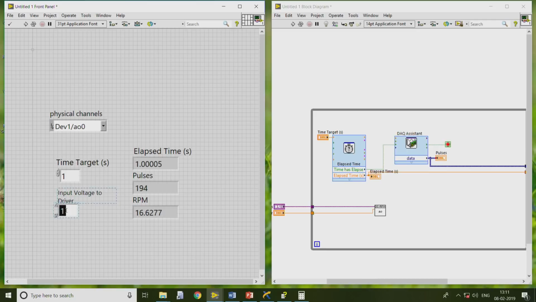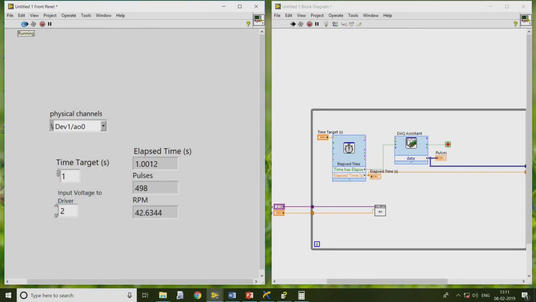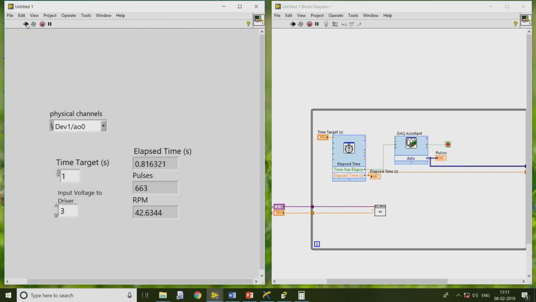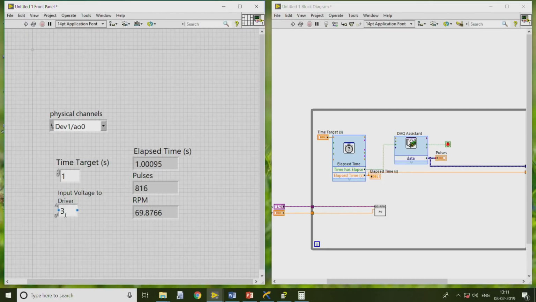Let me change the input voltage to 2. Here we can see the RPM is 42. For 3 it is 69, somewhere around 70.